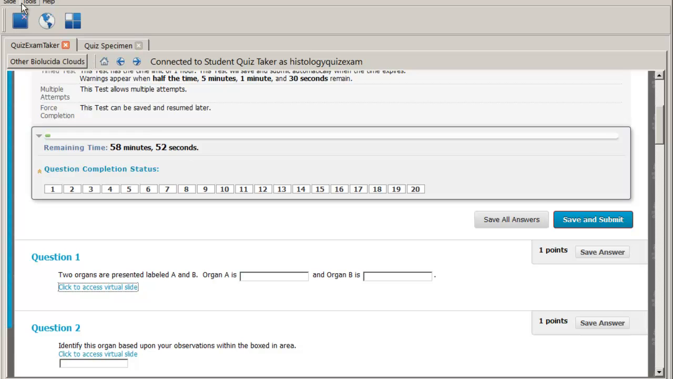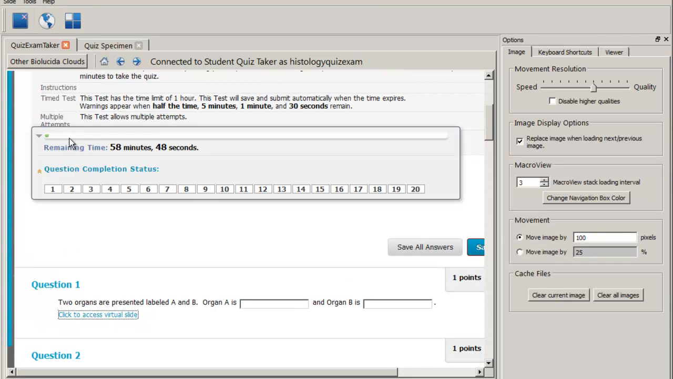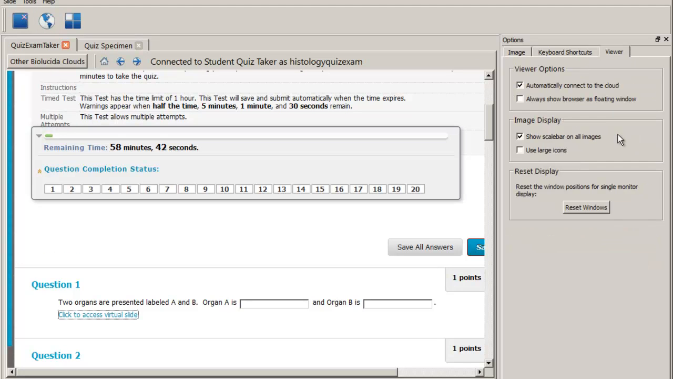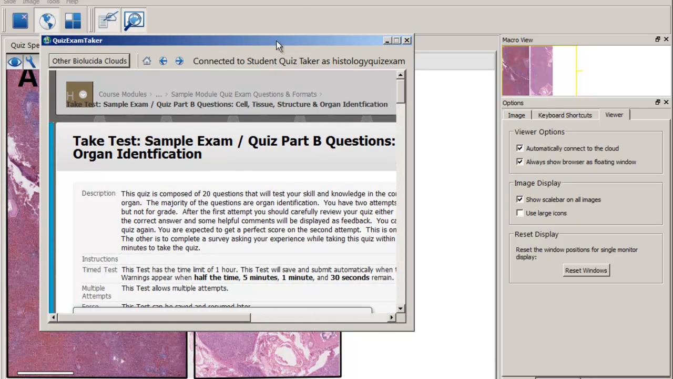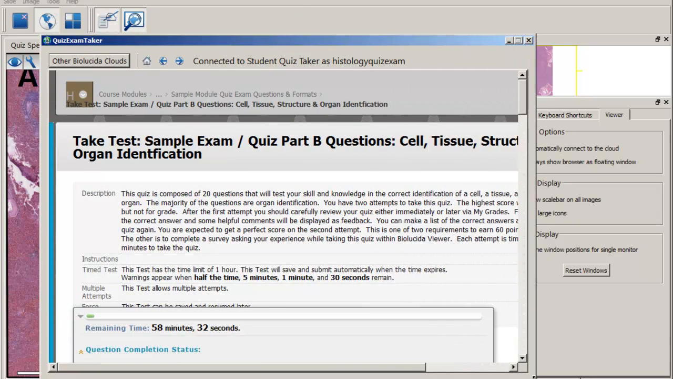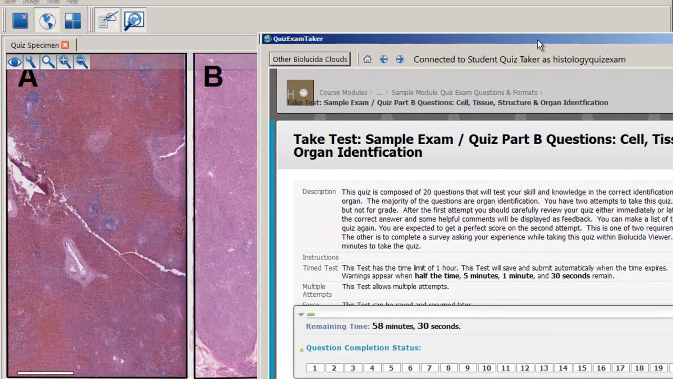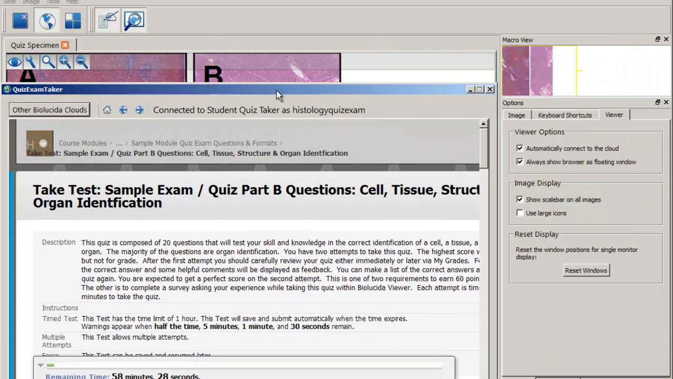But you can go to Tools and go to Viewer Options, and then over here on the right you see Image, Keyboard Shortcuts, and Viewer. And you can say always show browser as floating window. So you can actually have your browser and put it somewhere else. If you have enough room, you could put them side by side, I guess, and you could change the dimension